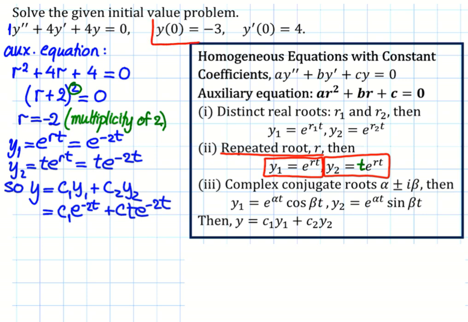However, in this problem we have to solve for the initial conditions. We have two initial conditions corresponding to two coefficients, that is c1 and c2. So we use those two initial conditions to solve for these two coefficients. So first,